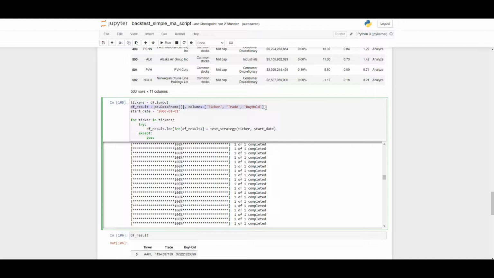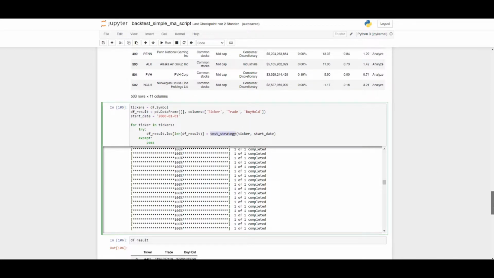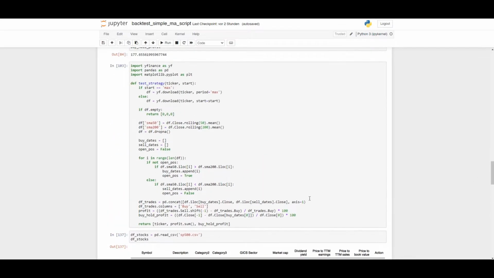We make a data frame for the results with a ticker column, the trade profit and the buy and hold profit, and we set the start date to 2000. Then we will iterate over the tickers and take each ticker, give it to the test strategy function. The test strategy function is this here, so everything we have done before,